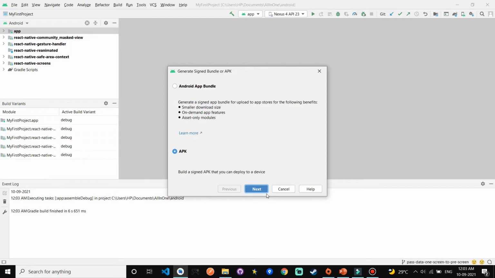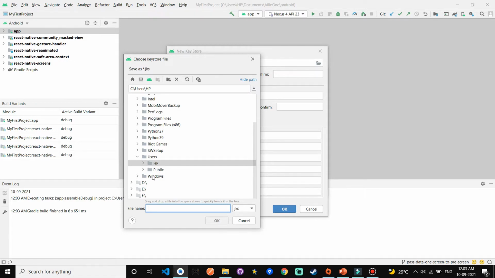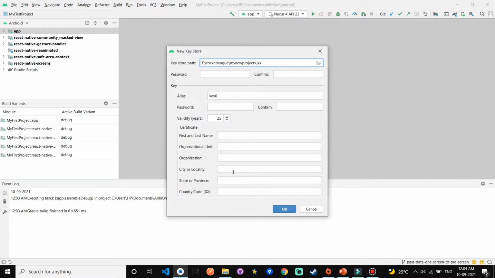Click the next button, click create new, and here you give your key store path and select your folder. I am selecting the Windows E folder, and select any one folder, and here you give your file name. My file name is my new projects. Okay, and here you give your password,